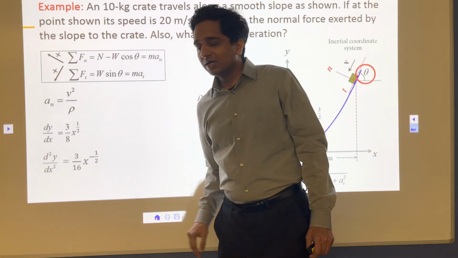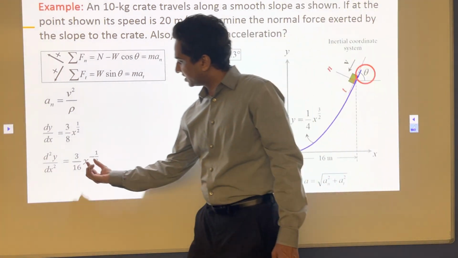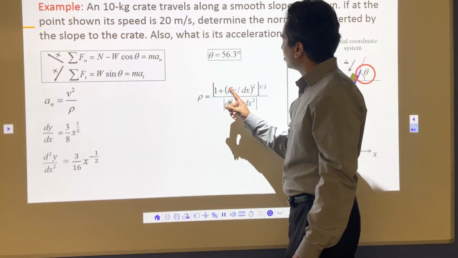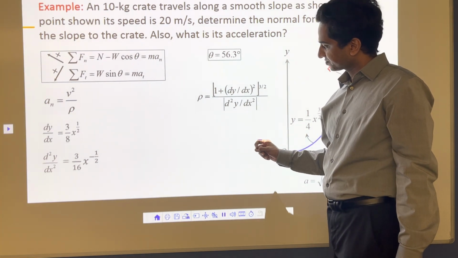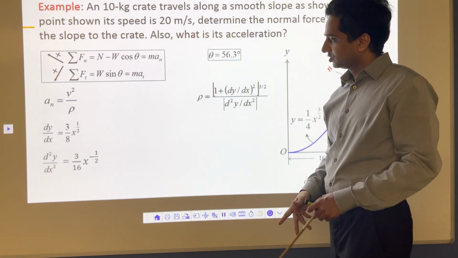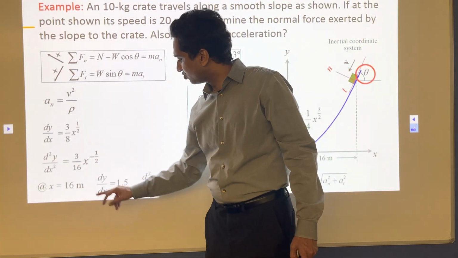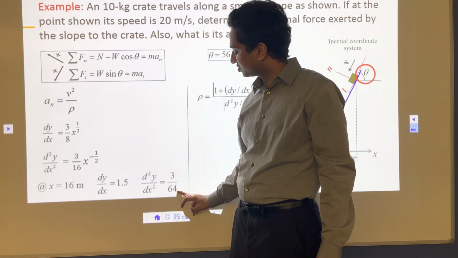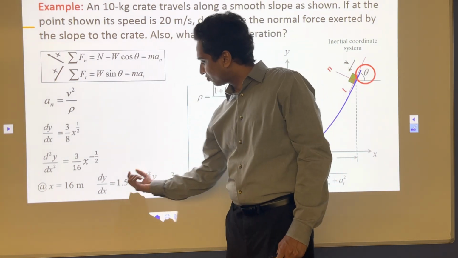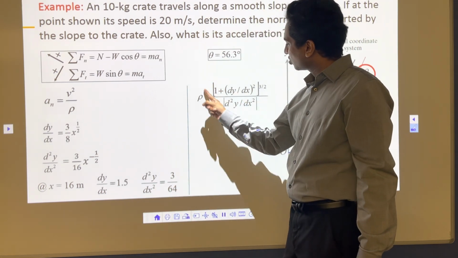Once you have that, put the value x is equal to 16 meter. Put that x is equal to 16 here, here, and then you will get the value of dy by dx and double derivative of that y equation. And then you can solve this one. So here what I'm going to do is that I put x is equal to 16. If I do that, I'll get this 1.5, and then this one I'll get 3 by 64. So now all I have to do is that put 1.5 here, 3 by 64 here, and solve this thing